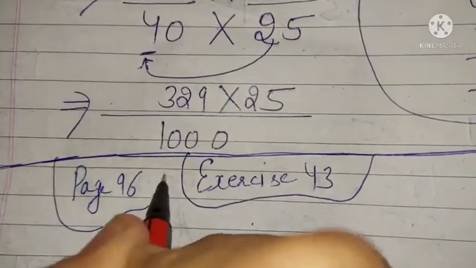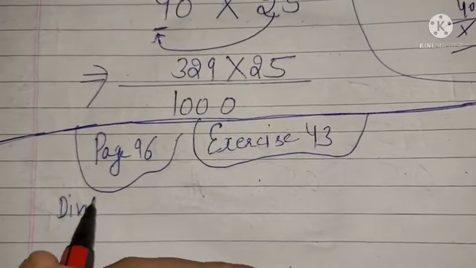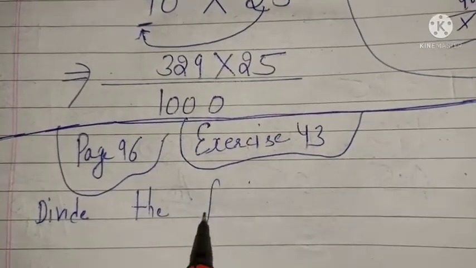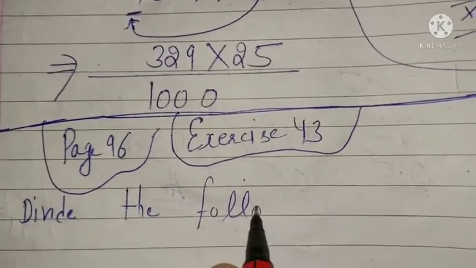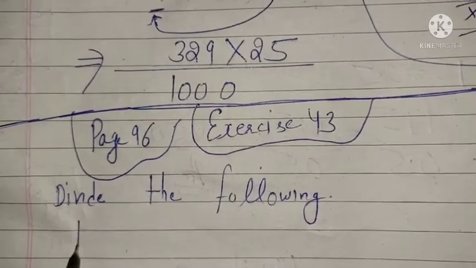It is mainly based on the division concept only. You first read the question from your book. The question is: divide the following. So now we will divide the decimal numbers with the decimal numbers. So you look at the first question,